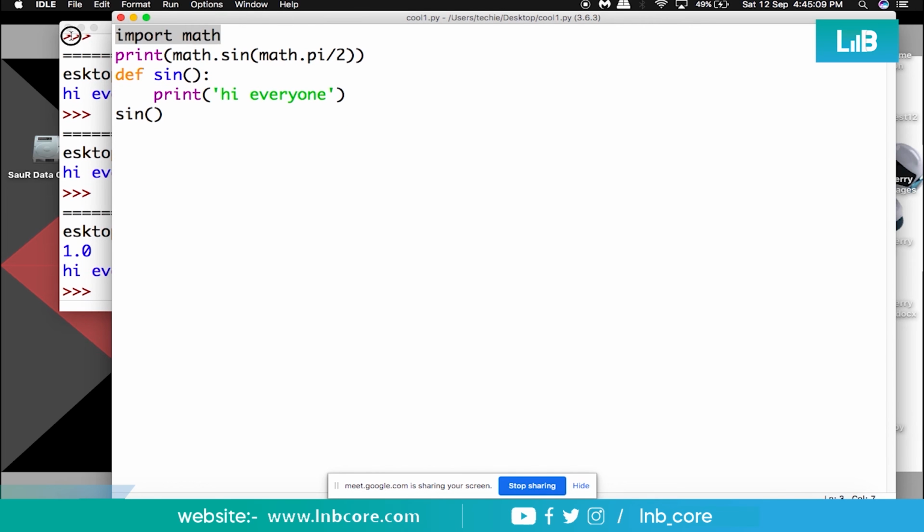But instead of this import, what if I use from math import sine, comma pi? Understood? Now there is a problem.